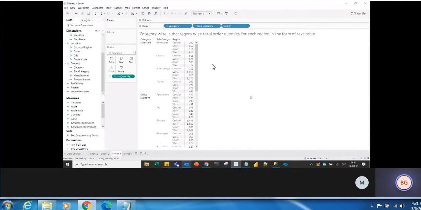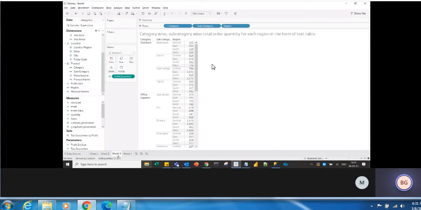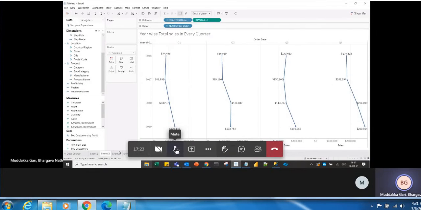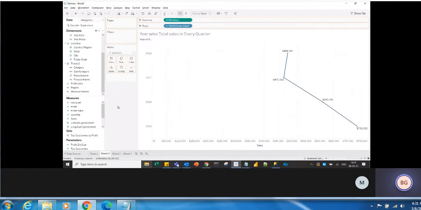So this is how you create a nested table and the small multiple dimensions. And this is the difference between small multiple dimensions and nested. I wanted to show this first example, whatever we have done, year wise total sales in every quarter. Now I am removing the quarter, so it is year wise sales.